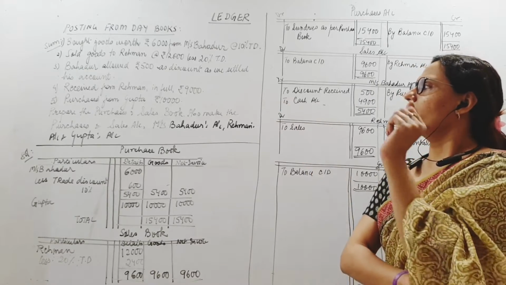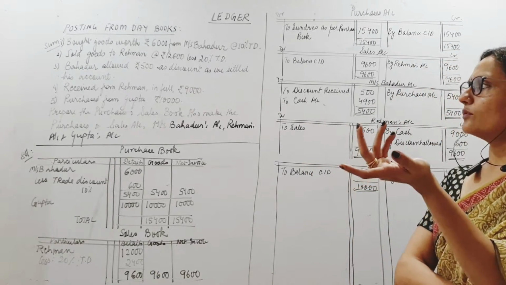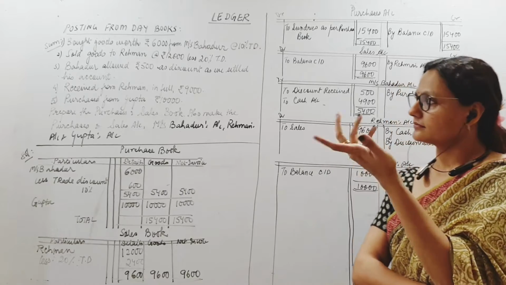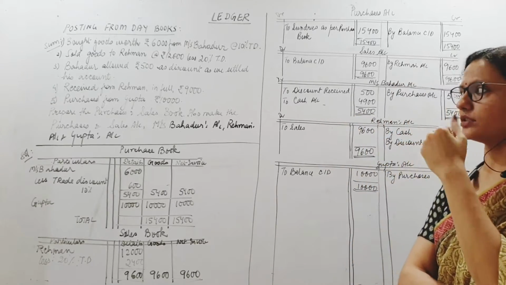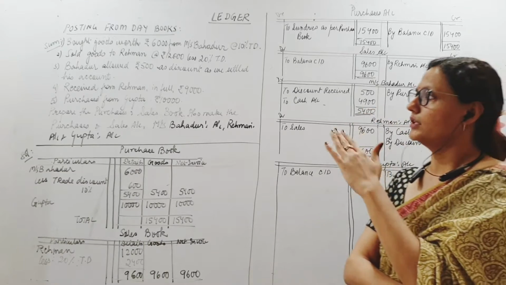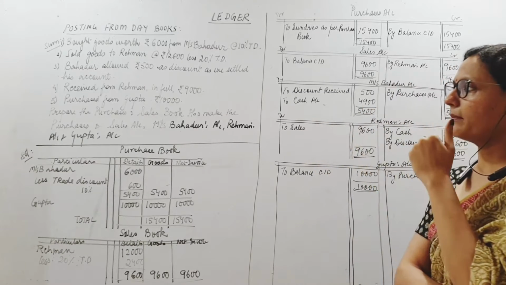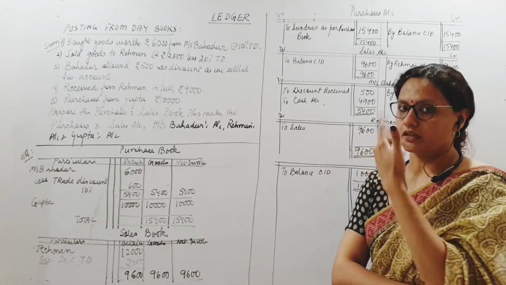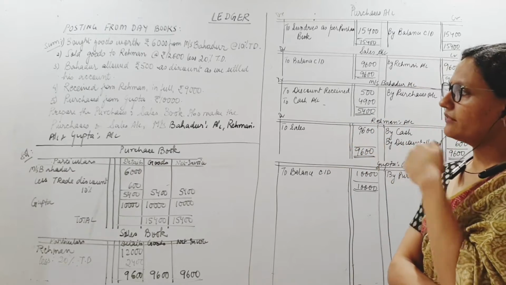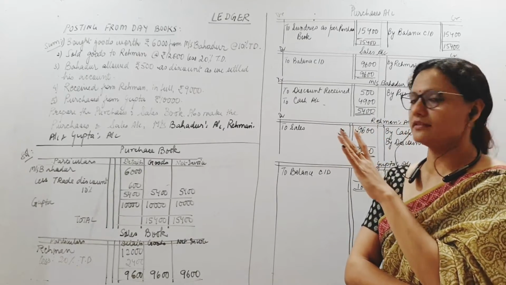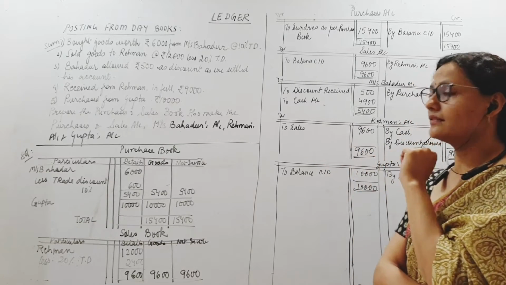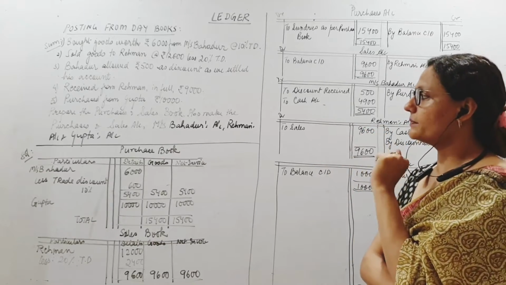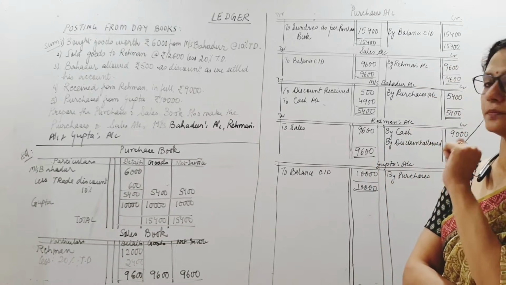Then it is also given Bahadur allowed 500 as discount as we settled his account. Fine. Received from Rahman in full 9,000. These are transactions related to Messrs. Bahadur and Rahman. Purchased from Gupta, one more person. Now what are we supposed to do? Prepare the purchase and sales book and also make the purchases and sales account. Messrs. Bahadur's account, Rahman's account and Gupta's account.